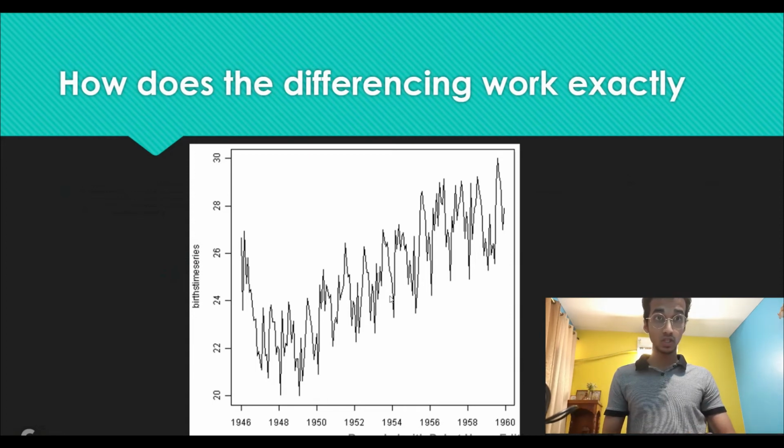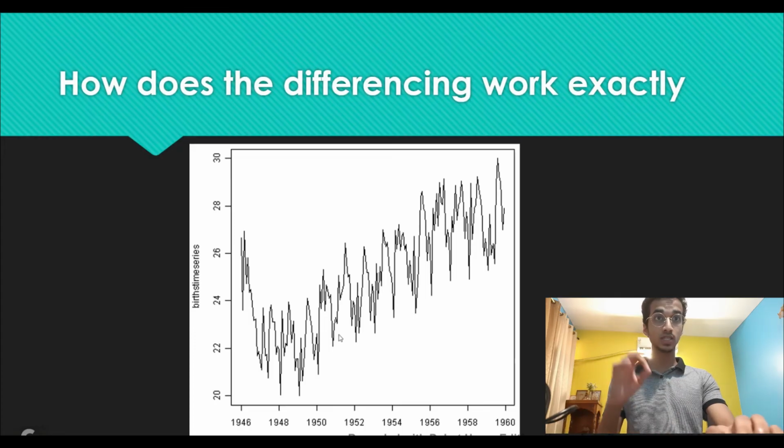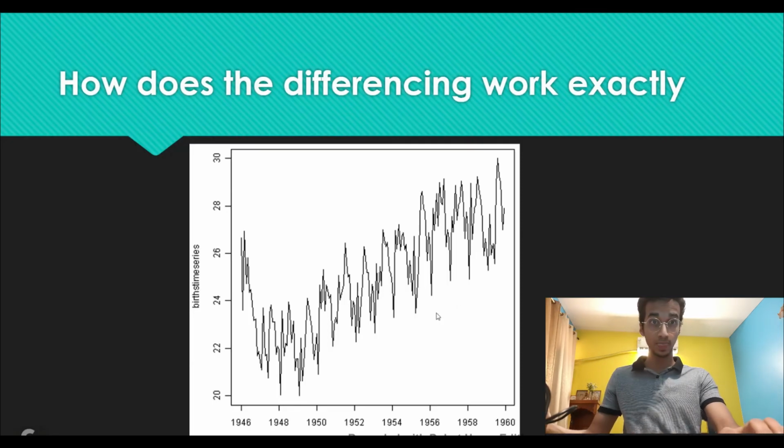This type of time series is called non-stationary because the mean, the average value of the graph is constantly increasing, right? You can see the value is increasing from a low value to higher values. So a stationary time series basically has a constant mean, a constant variance, and it does not have seasonality. So just focus that this does not have a constant mean, right? So this means it's a non-stationary time series and we cannot use that for modeling.